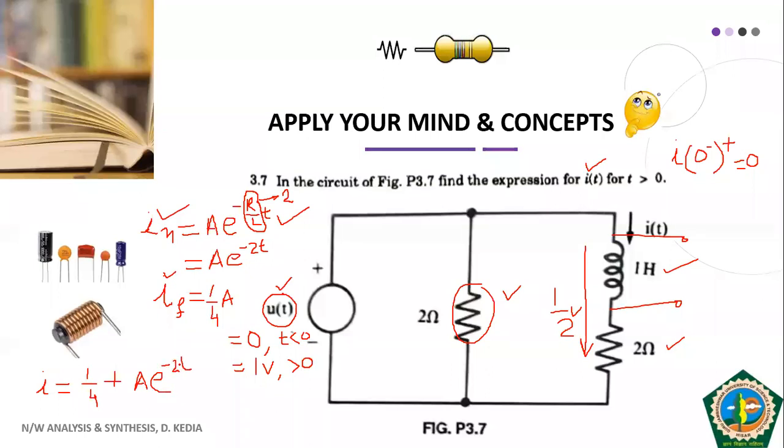Okay, now we will apply the initial conditions, that is I(0-) = I(0+) = 0. If we do that, this will be 0, this e raised to power minus 2t will be 1, and A will come out to be minus 1 by 4. And your final answer will be 1 by 4 times (1 minus e raised to power minus 2t), and this is the correct answer as per our calculation. Obviously this current response has been obtained for t greater than 0 because the voltage source has been applied for t greater than 0.